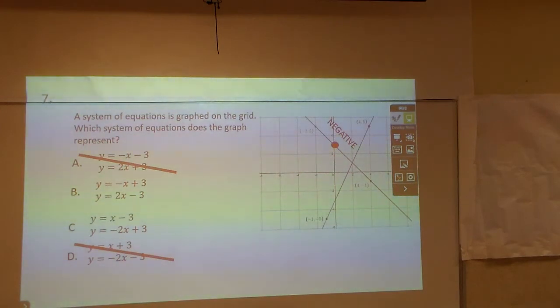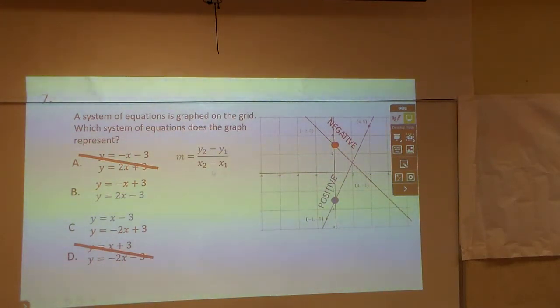And then when I go look at the second one, the blue line, I can tell that's a negative 3, and the slope is positive going up. So right here where I have a negative 3, that's a positive slope. And here where I have a negative 3, it's a positive slope. The only difference is the slope: 2 going up 2 over 1 or 1 over 1? Well, I can tell by looking, up 1 over 1 would be about right there to there. I know that this answer is going to be the second one,